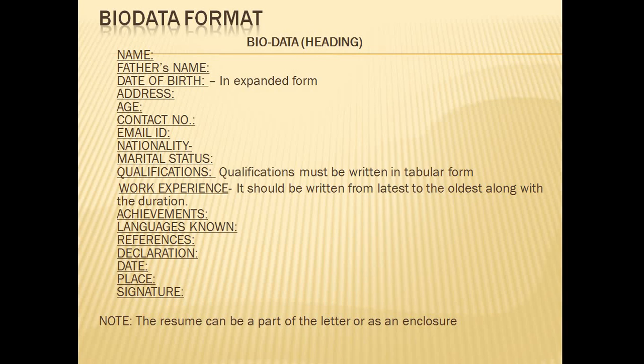On the center of your notebook you will write biodata, in words. Then you will start with your personal details. You will not go initially with your qualification or anything. You have to maintain the sequence, because we all start with your personal details. Personal details starts with your name, then comes the father's name, the date of birth in expanded form like 2nd of March 1989, your address, your age, your contact number, your email ID, your nationality, your marital status,